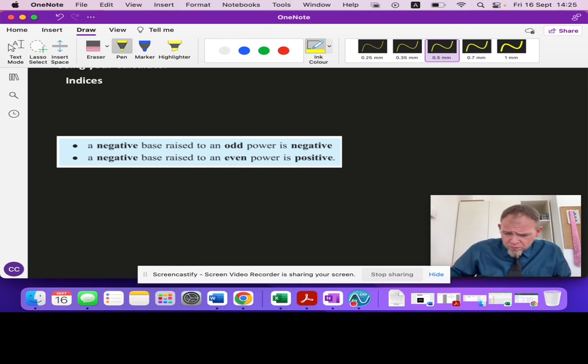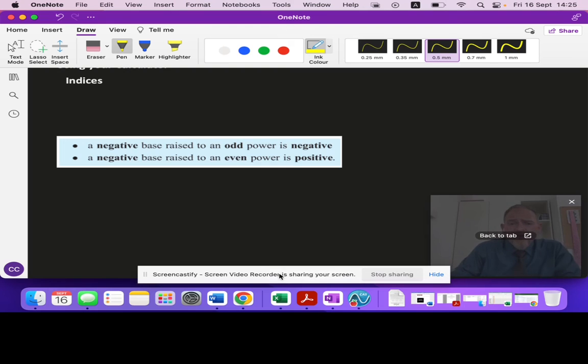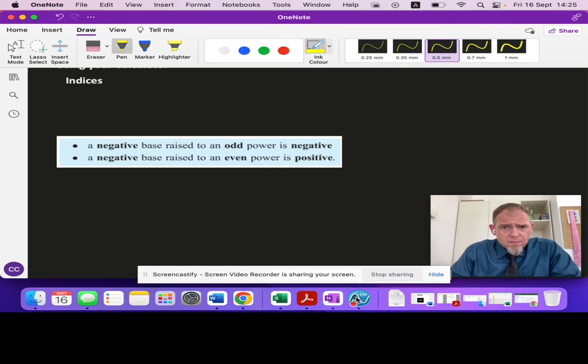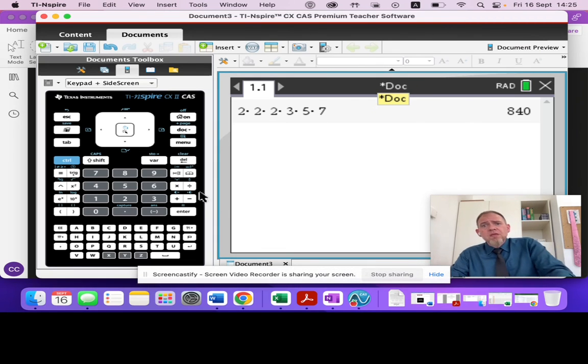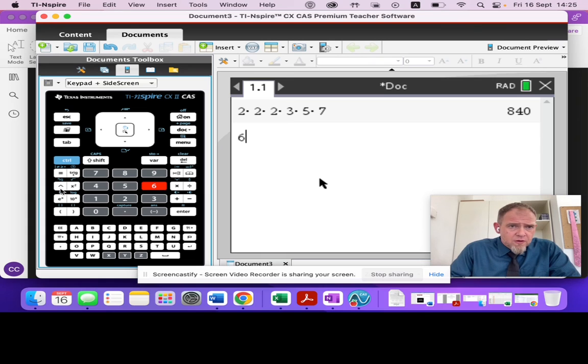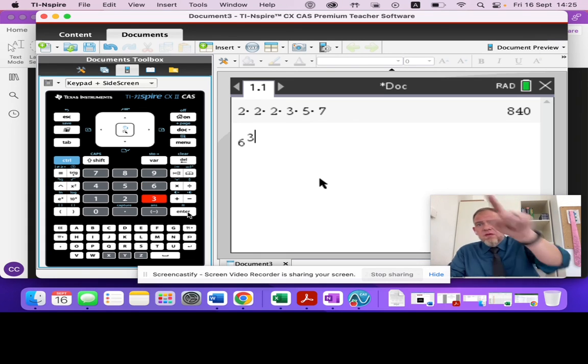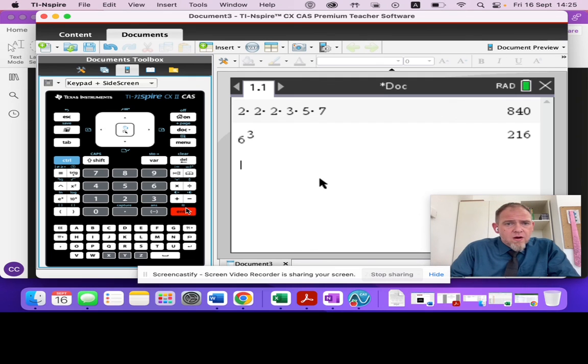Before we leave, I've got one more thing I'd like to do with you. And I'd just like to use my calculator to evaluate some indices. So if I want to know what 6 to the power of 3 is, so 6 times 6 times 6, the process is 6. This caret symbol means you raise it, you get into the indices, and if I do it to the 6th power,